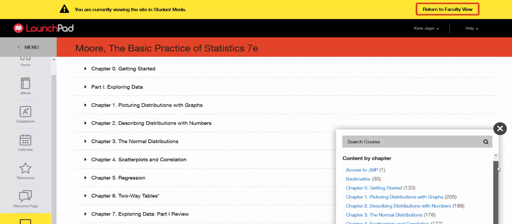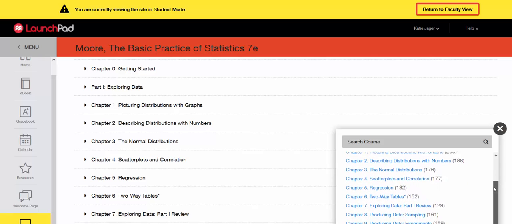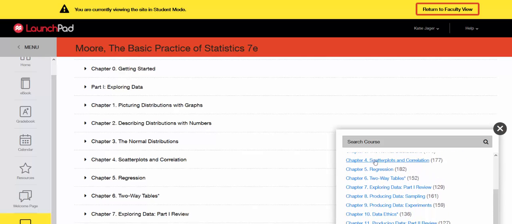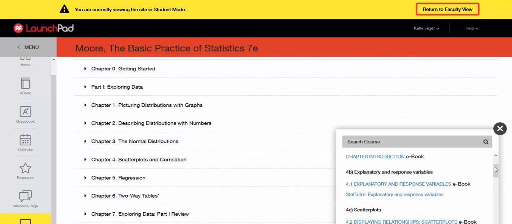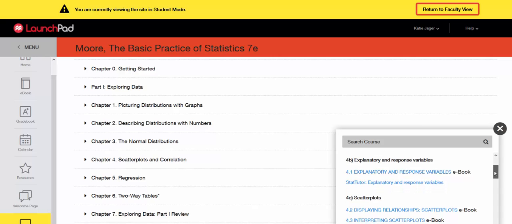And from here you can scroll down, see the different sections. Let's suppose we want to go to Chapter 4, Scatter Plots and Correlation. That's something that you'll be working on. You can go to that section in the text, and you can either just click on Chapter 4 over here, but you can also go to these other resources. So here it will give you then the sections for the textbook, but then it will also give you some